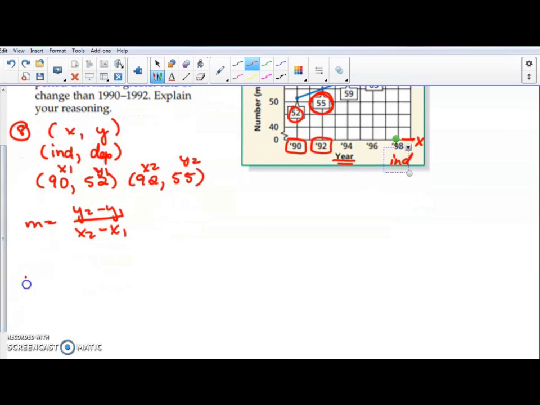So m equals y2, which is going to be 55, minus our y1, which is going to be 52, over our x2, which is 92, minus our x1, which is 90. Now we're good. So 55 minus 52 is 3. And now 92 minus 90 is 2. As far as that goes, because this is a real world problem, we do want to keep reducing it. So 3 divided by 2 is 1.5. This is one of the only times we can